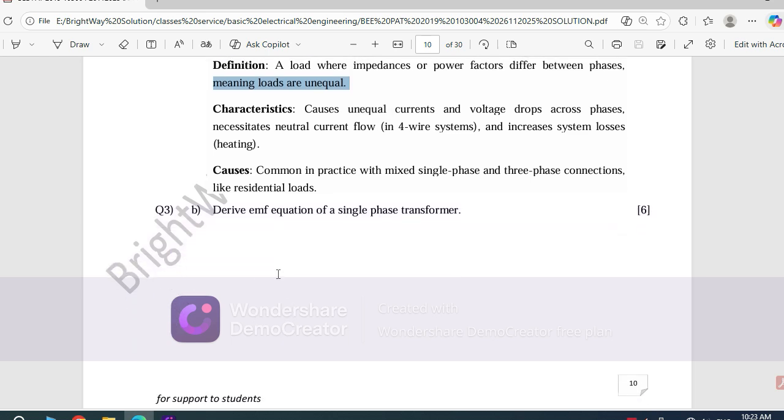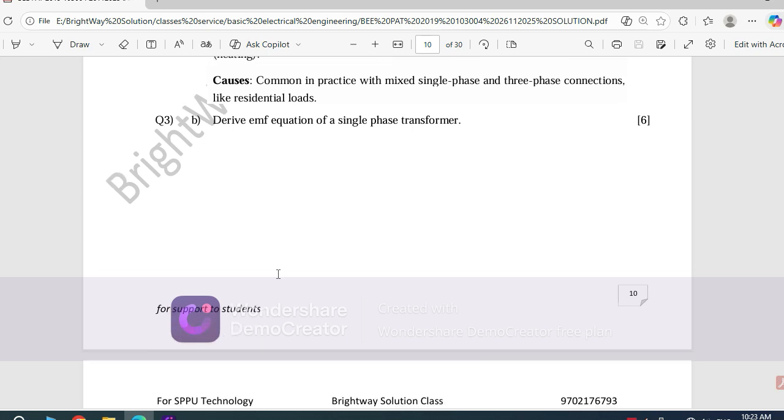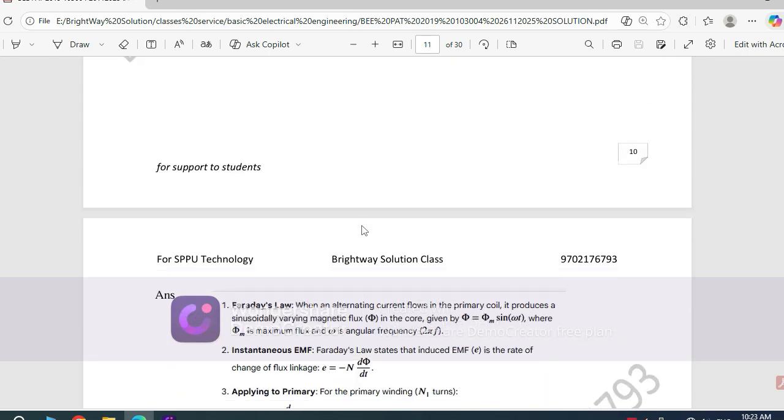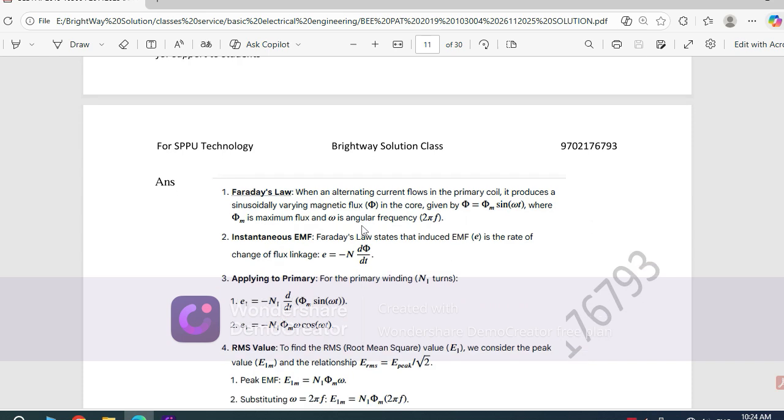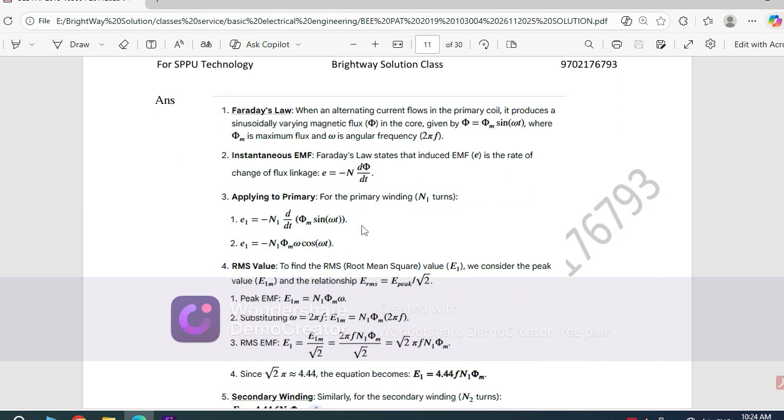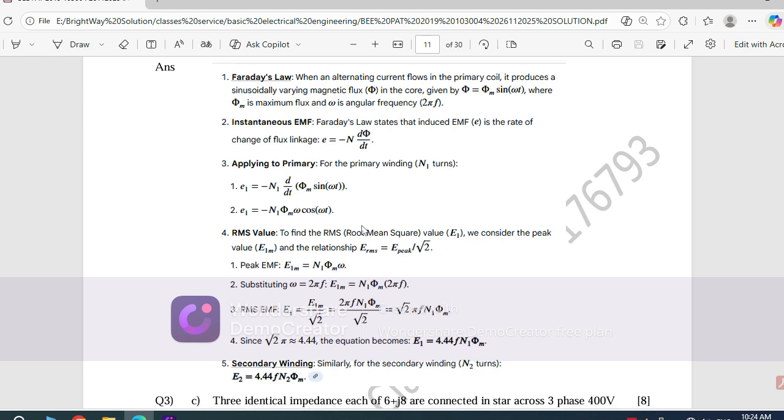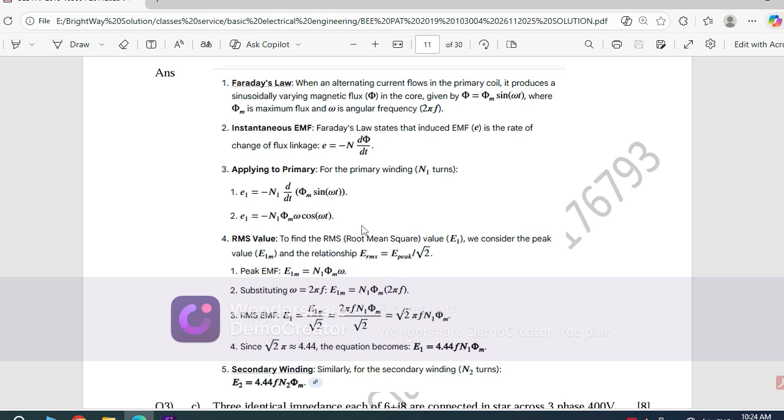Now next, question number 3b: derive the EMF equation of a single-phase transformer. This is a question for 6 marks. It is a simple derivation. According to this derivation, we have to start with the first conceptual thing, which is Faraday's law. What does Faraday's law tell? When an alternating current flows in the primary coil, it produces a sinusoidally